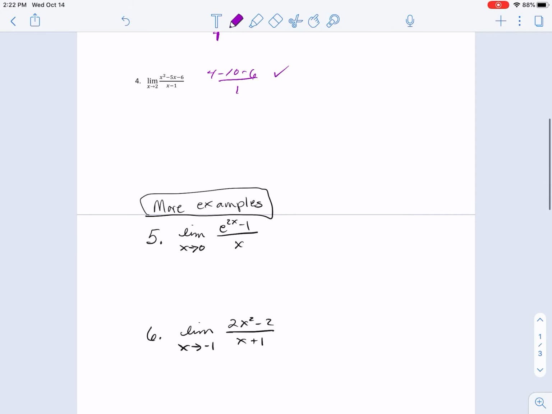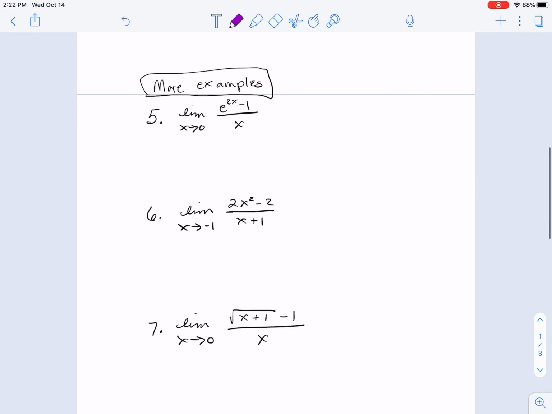All right, so here are some examples where it does make sense. When you plug in 0, you get e to the 0 minus 1 over 0. Well, e to the 0 is 1, so you get 1 minus 1 is 0 over 0. So now you take the derivative. This is why we had to wait until now to teach this, because you just learned how to find the derivative of e to the 2x. So the derivative of the top is e to the 2x times